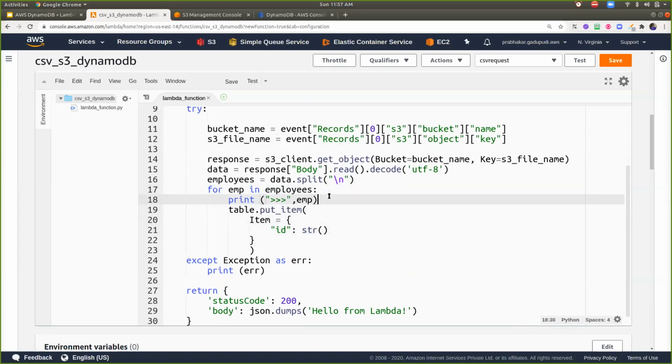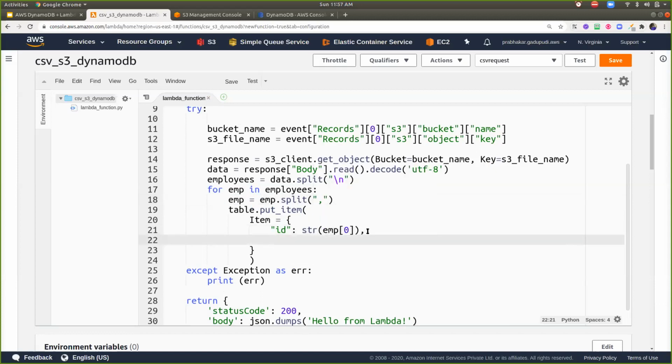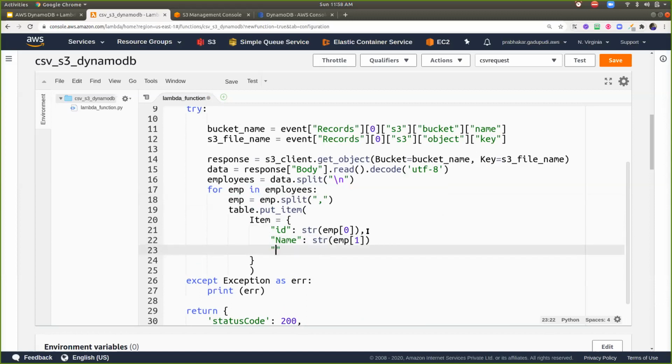Whatever data I'm getting in comma separated form, I can specify emp dot split and comma separated, and the first element I can get as ID. The second element I can specify as a name, and here I can use emp of 1. And the third element I can specify as a city, which I can use as emp of 2. Now I have put all this data, and now save the changes.